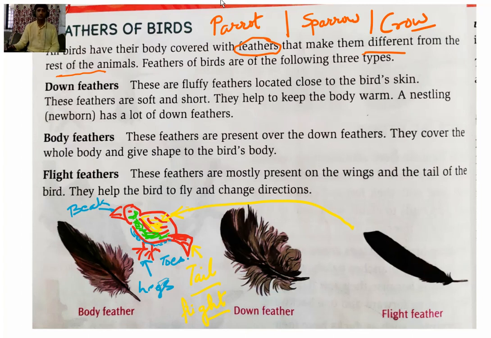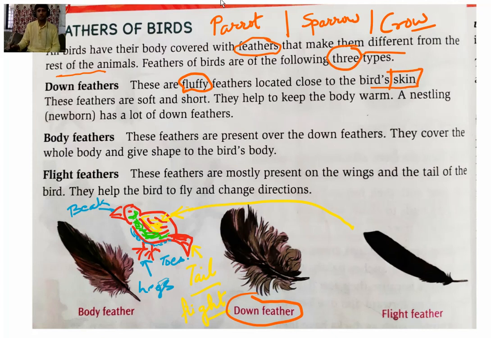So feathers of birds are of three types. Firstly, down feather. These are somewhat fluffy feathers. Look how it looks fluffy. They are located close to the bird's skin, so these are the first feathers which are nearer to the skin.